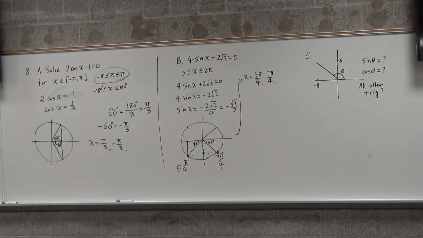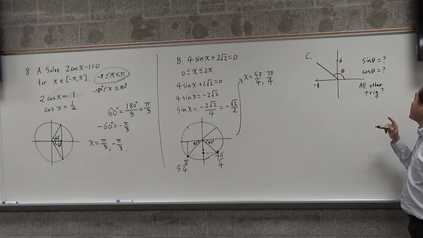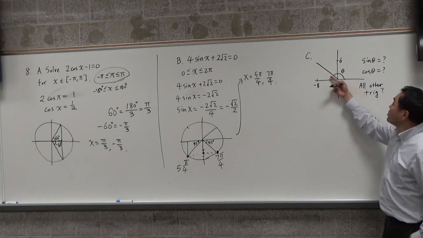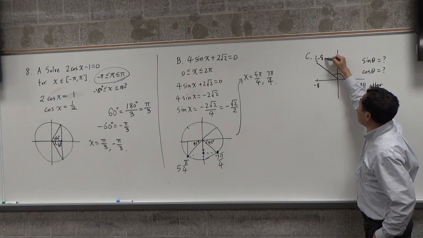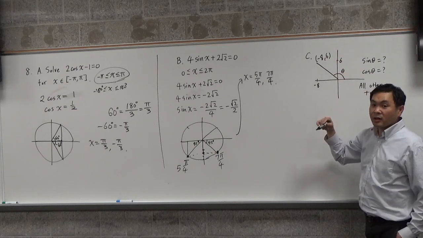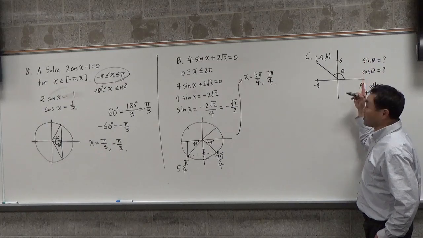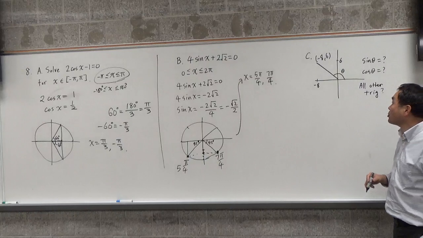Okay, part C is a bit more tricky. This one is saying that you have an angle that's going this way, which passes through the point negative 8 comma 6, and it's asking you what sine theta is, what cosine theta is, what tangent theta is, and all that, right? So how do you do this? Well,